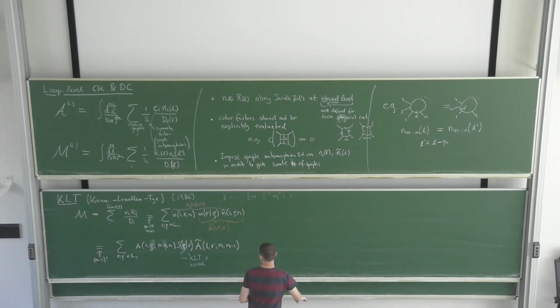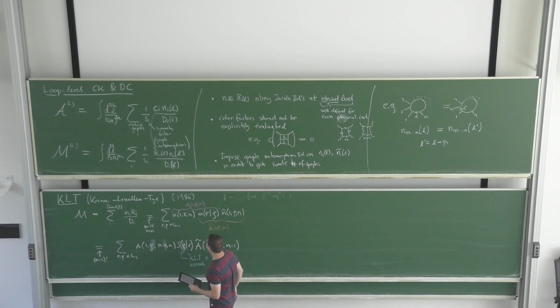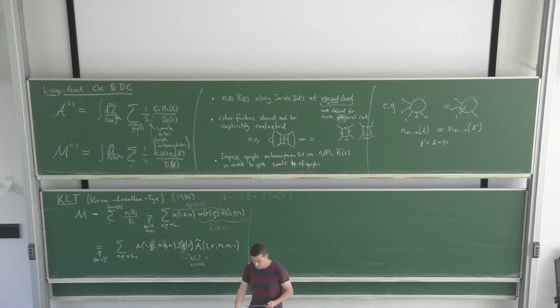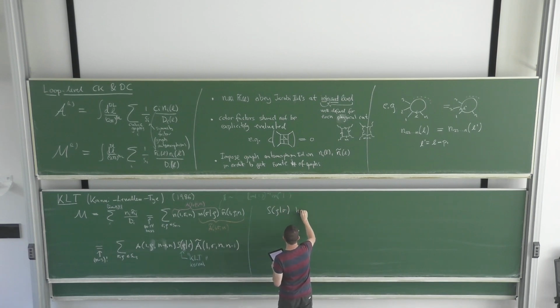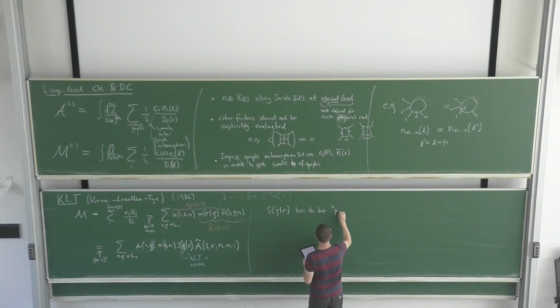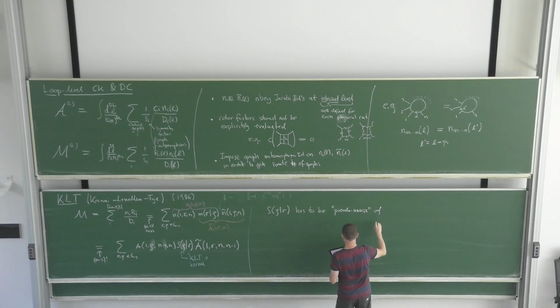And it's clear that you can do this because we know that there is a basis of amplitudes, which is (n-3)-factorial. And so you have to be able to rewrite your objects here like that. Might take a little bit of thinking how to do it. And yeah, so this S of rho sigma has to be some pseudo-inverse of M,